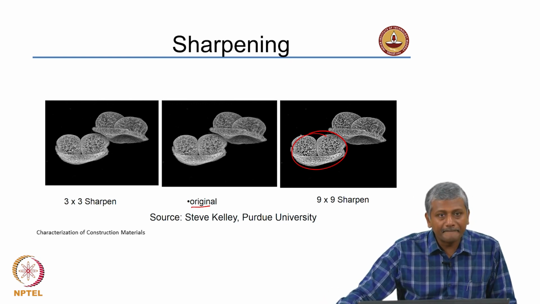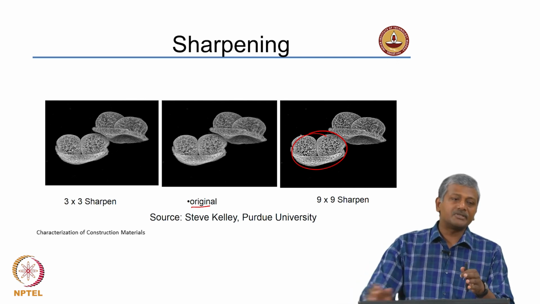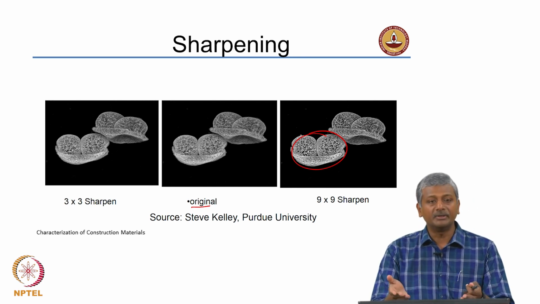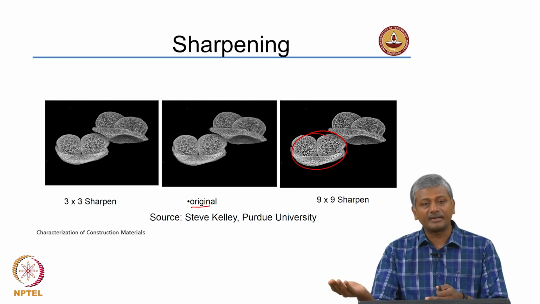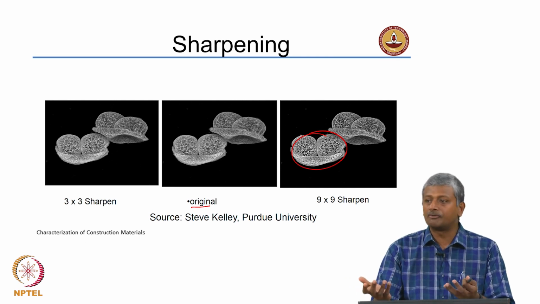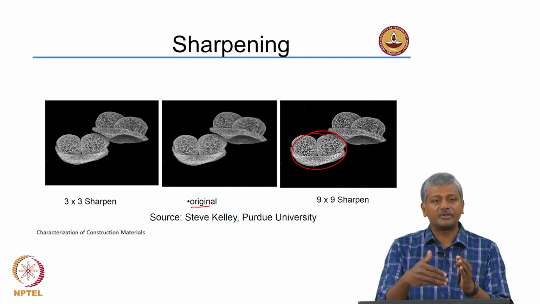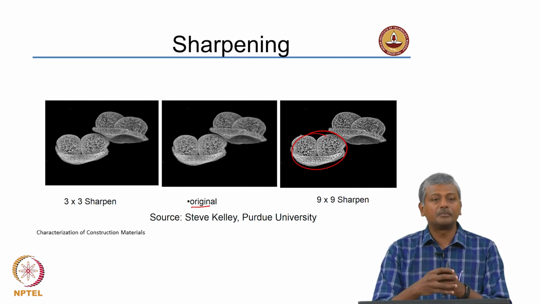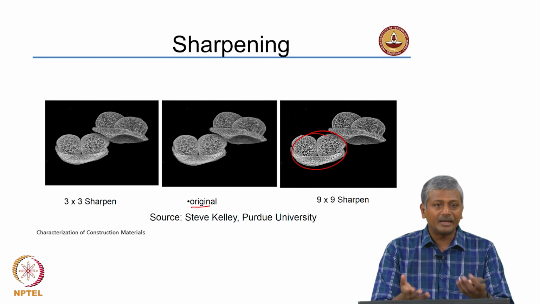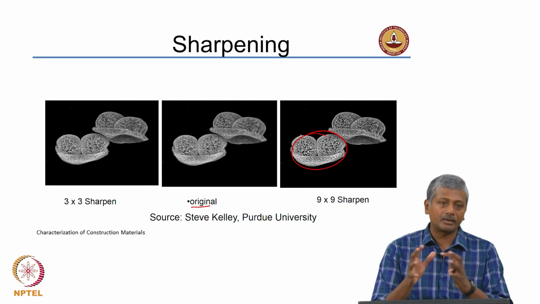Sir, one time only one can be done? Yeah. So, at each step you are only giving one operation, but your image analysis may actually involve a sequence of operations. So, you do not always only want to sharpen, you may want to combine the sharpening with hole filling, or combine the sharpening with, there is also a kernel for what is called erosion and dilation. Erosion means you are cutting off some part of the images, dilation means you are expanding certain parts of the images. So, all those are also kernels which are operated upon the image file, and that produces a different kind of result with an enhanced view of the image that you want to observe.